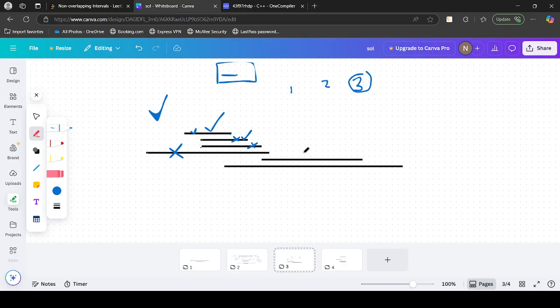And now let's come to this. When we are at this point, the start point is this and the end point is this. We can easily observe that we can pair with this one because they are non-overlapping. There is no overlapping point with both of these. So now the last interval in the set of non-overlapping is this one, and the end point is